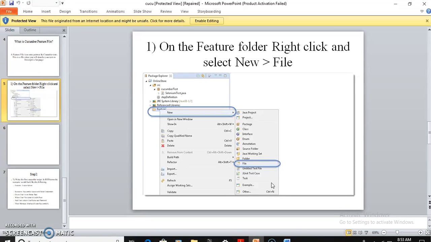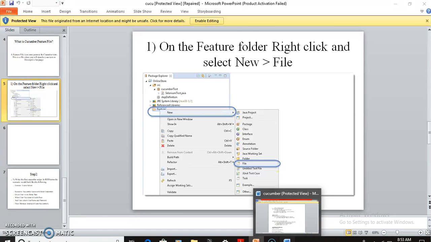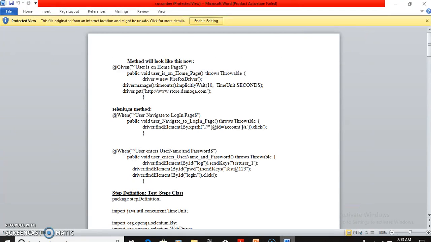Then write the first Cucumber script. In BDD form, the scenario would look like the following. So we will first see how to write a script. Actually, I have already written it here. The first method is "user is on the home page",